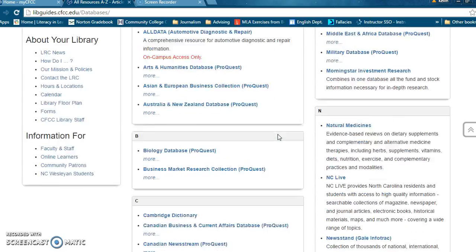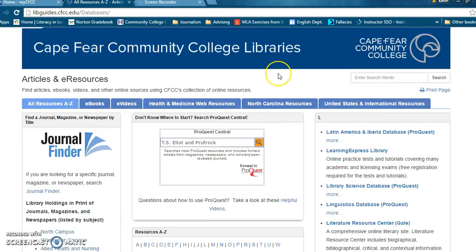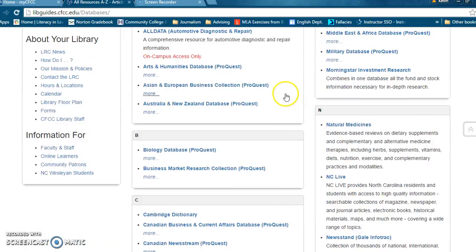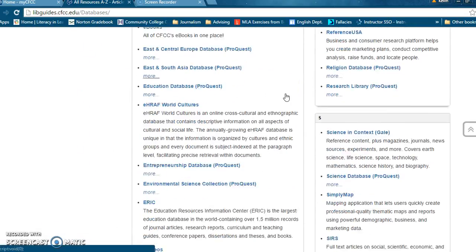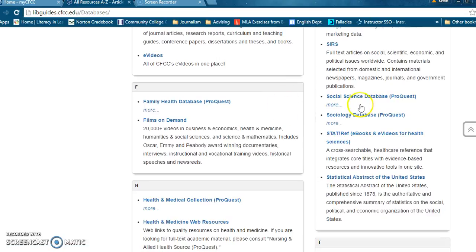So if you're looking for a source from a particular academic approach, like sociology, for example, then you might come down and look for the word sociology. That will link to those kinds